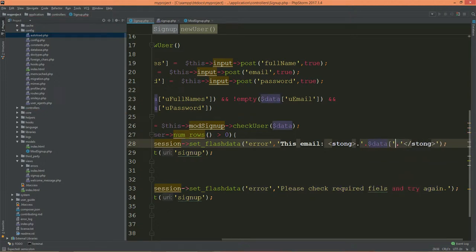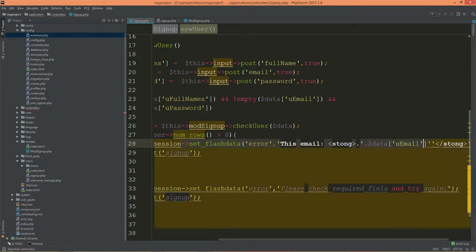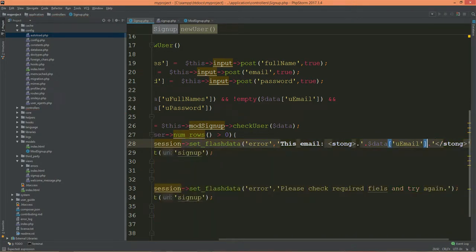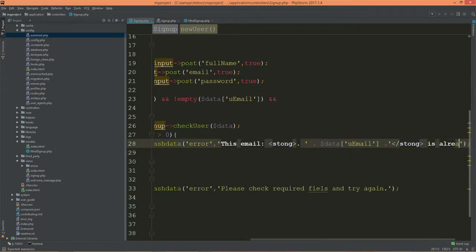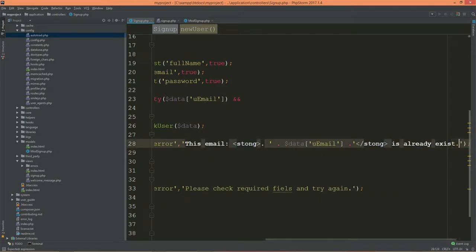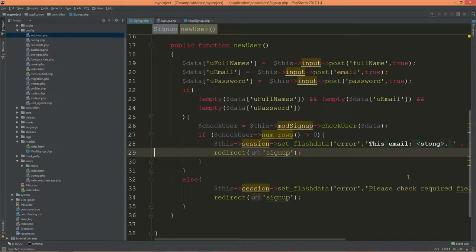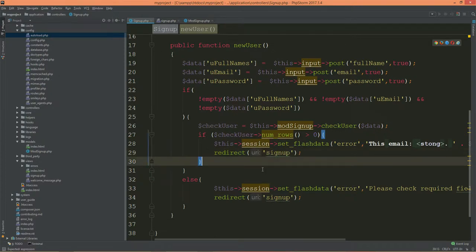Data email, this email is already exist, okay. So we are setting an error, and we are redirecting to the sign up form, okay. So it's working fine,